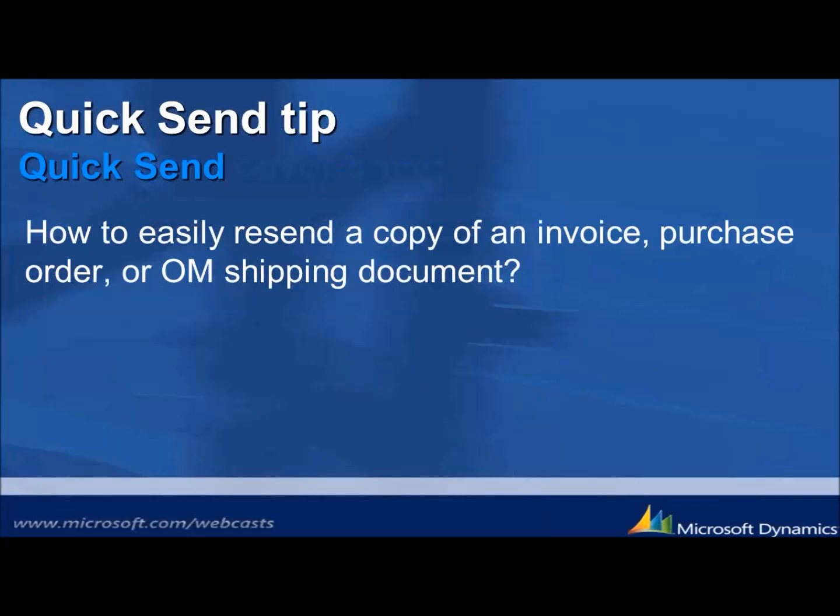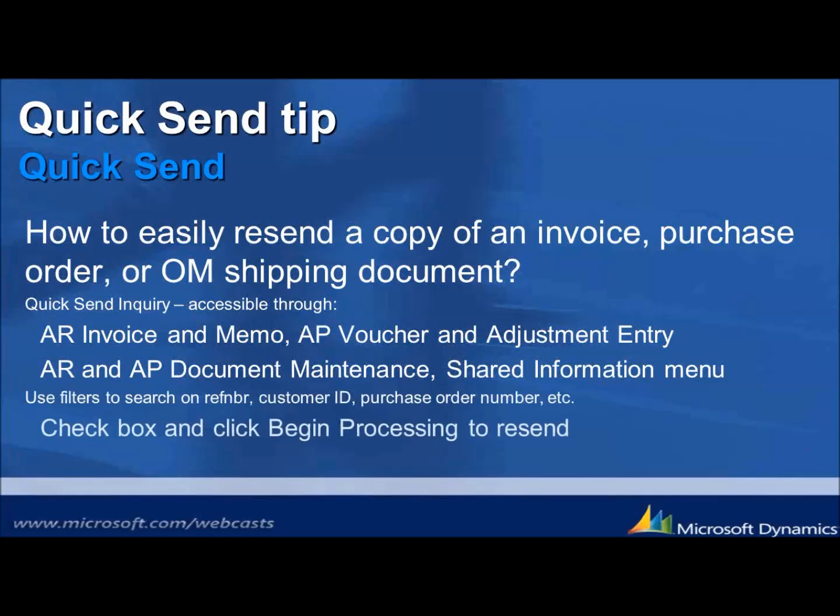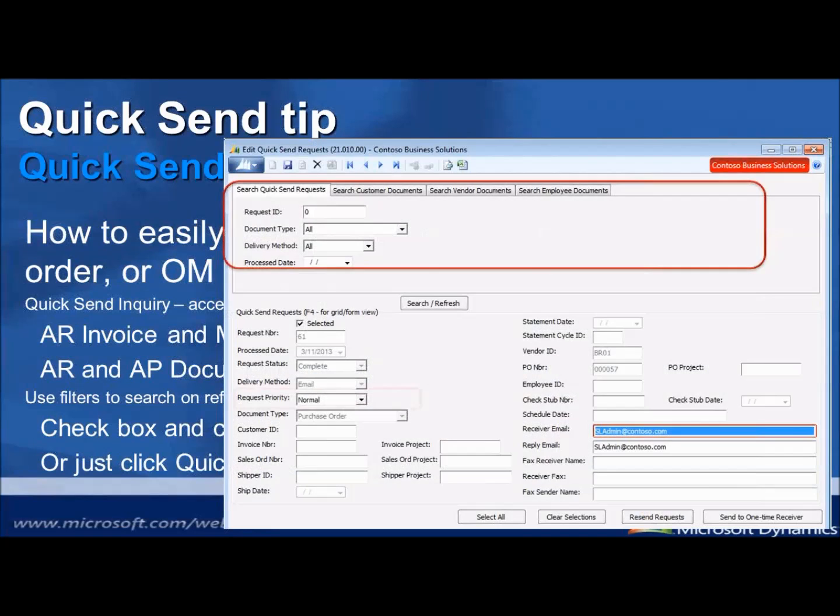All right, so how do you resend an invoice, purchase order, or OM shipping document? Well, there's a few screens that you can go through and resend that directly out of. But basically, the shared information menu, you can use the filters there to specify your customer number, your ref number, your purchase order, and once you pull it up, all you have to do is click that